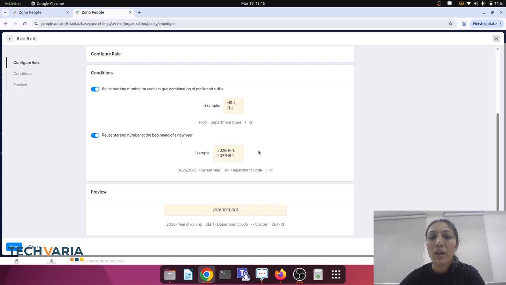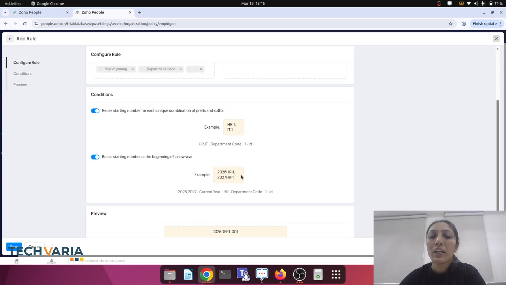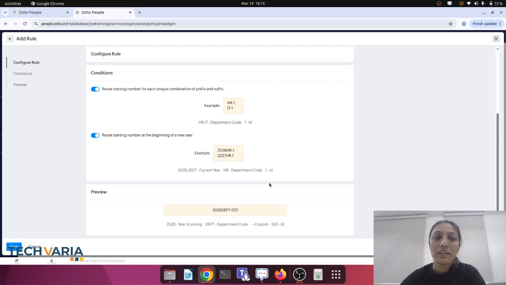So now if my employee joins the HR department and the code will be 001, then the joining year will be the unique number: 2026 HR-1, 2027 HR-1. So for each and every department and each and every new year, the employee ID will be generated based on that.